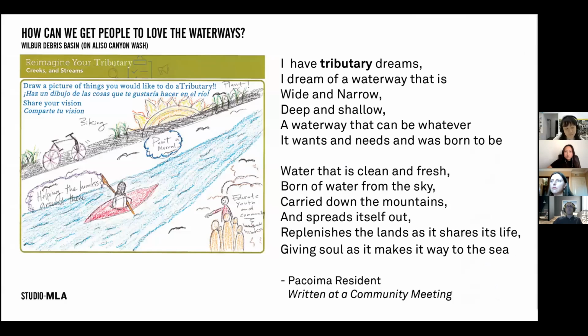And as we were developing the tributaries, I think you've heard from other people all of today about all the exciting watershed things that are happening. And of course, we wanted to capture stormwater and develop bioswales and clean it and replenish the water table. But we also wanted to create a new generation of watershed advocates, people who would be here on this panel, people who would be going to CSUN and learning how to do GIS